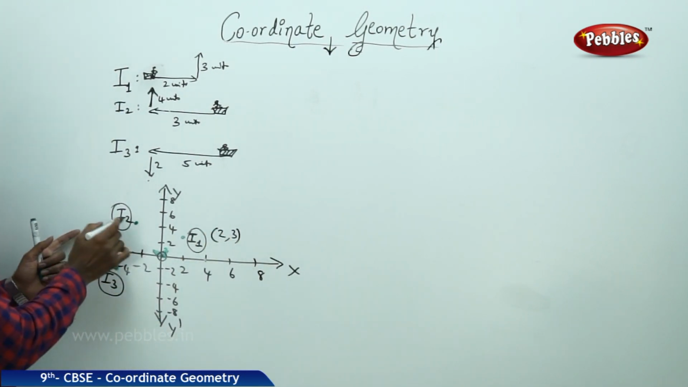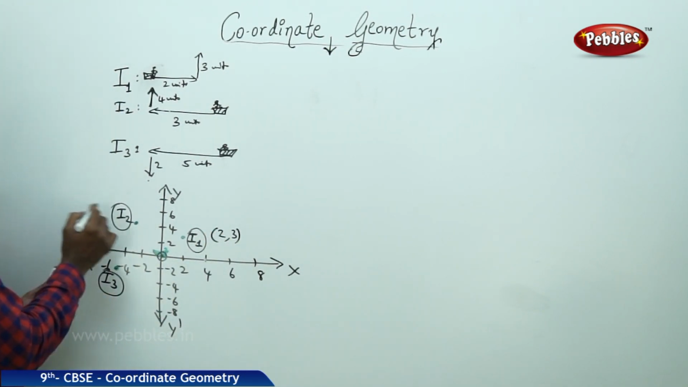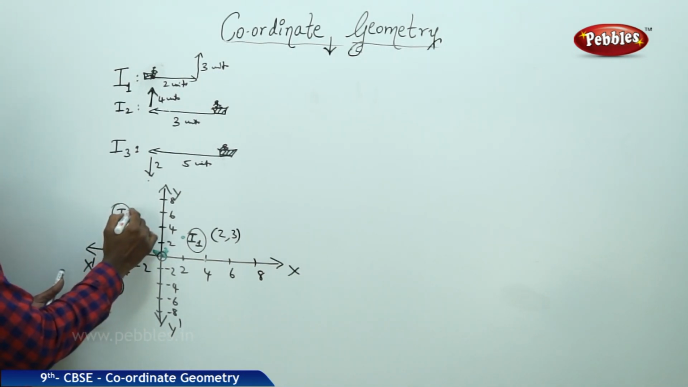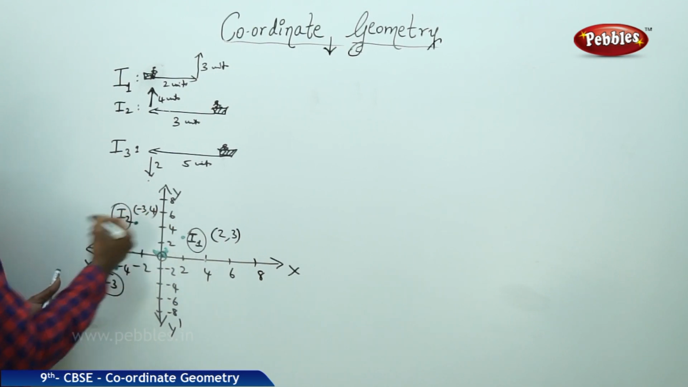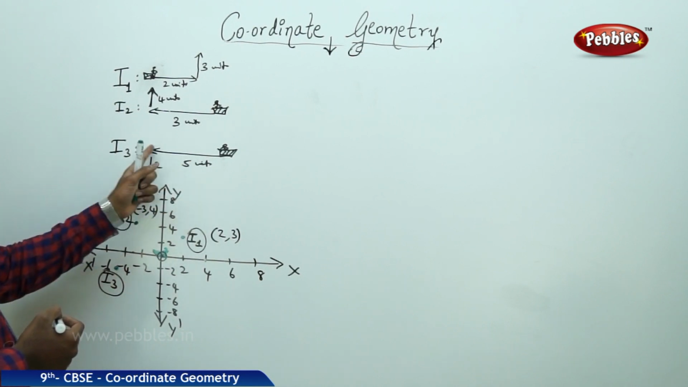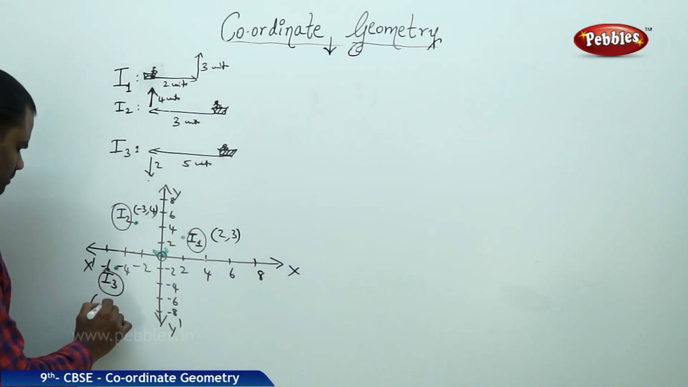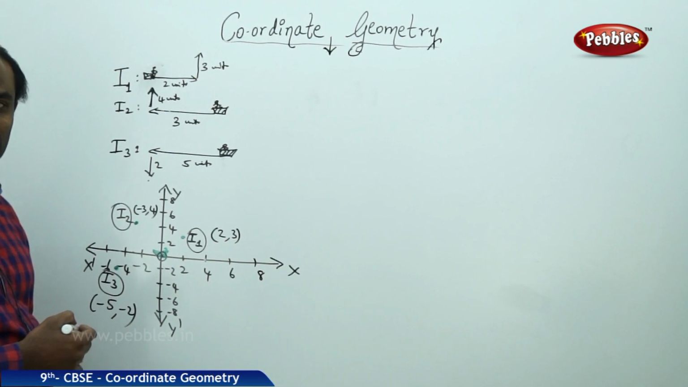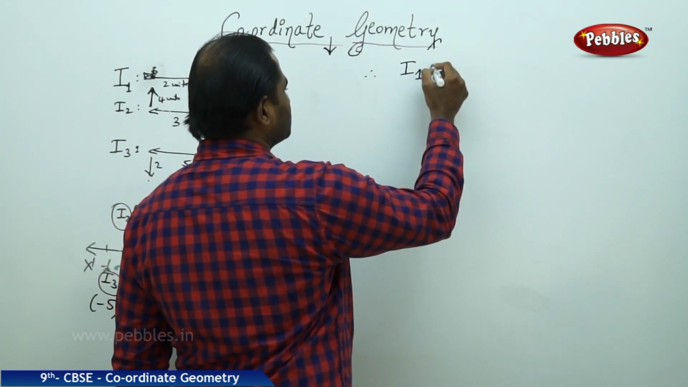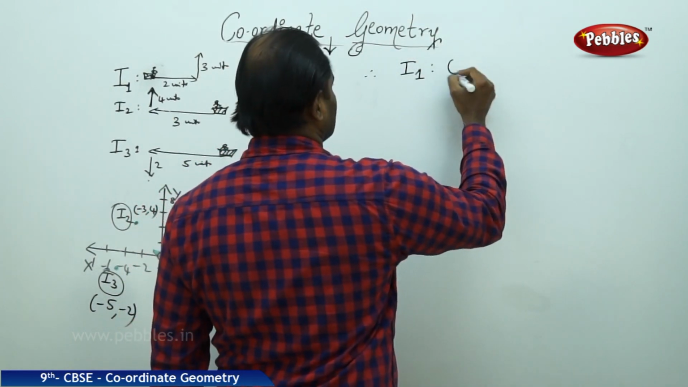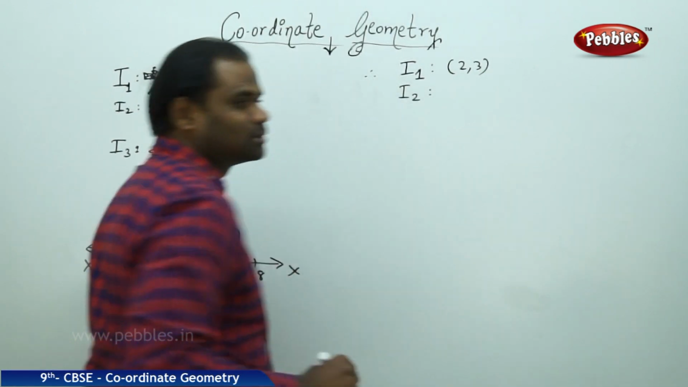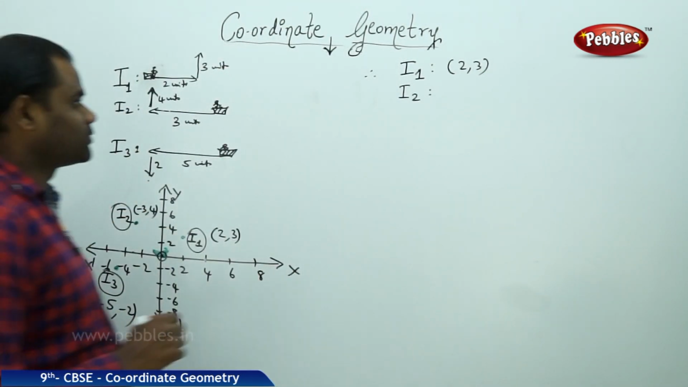And the coordinates of I2 are -3 and 4, because it moves 3 units left and 4 units up. And the coordinates of I3 are 5 to the left and 2 units down, so it's -5, -2. Therefore, the coordinates of I1 are 2, 3. The coordinates of I2 here are -3